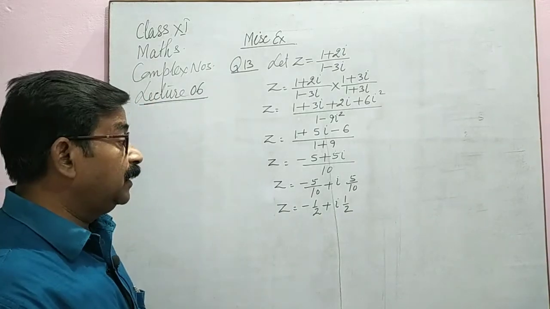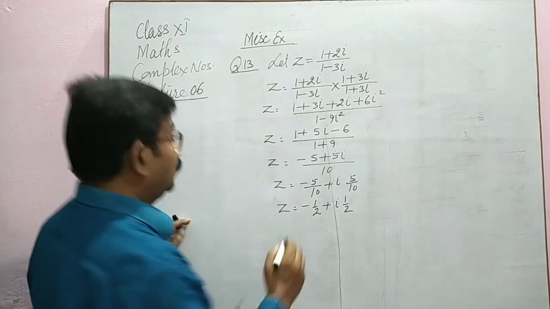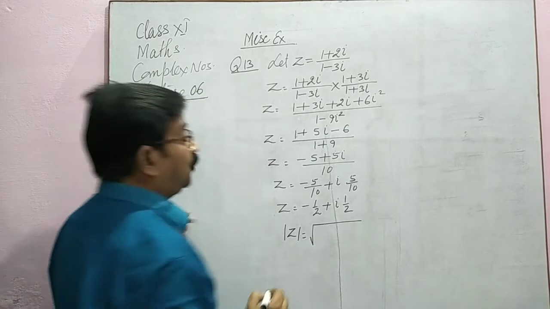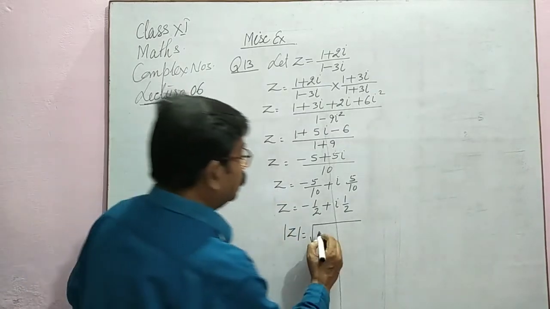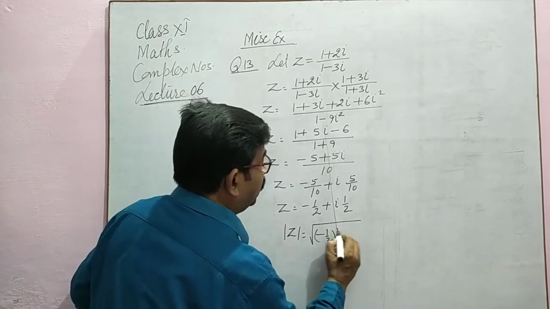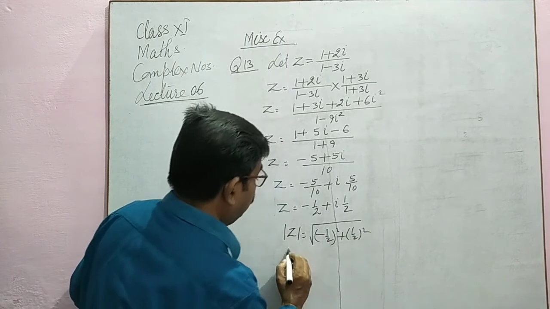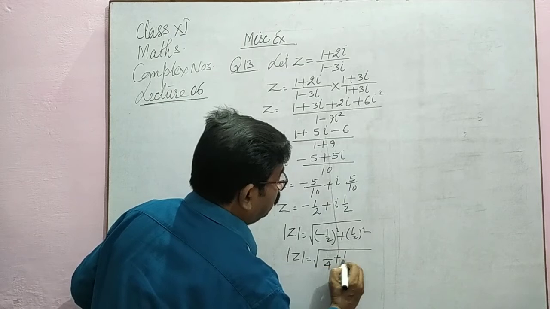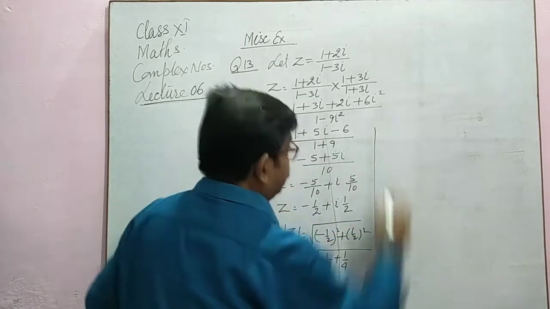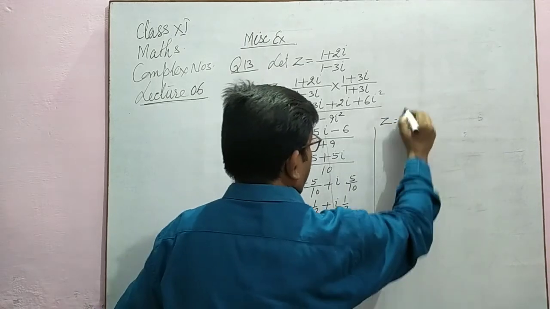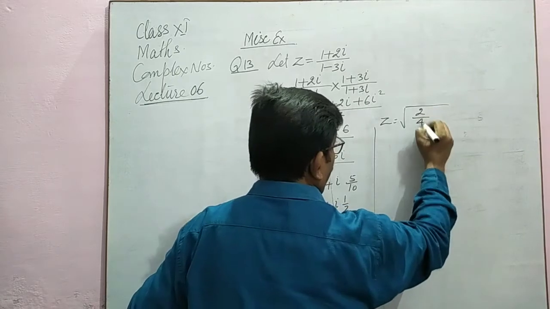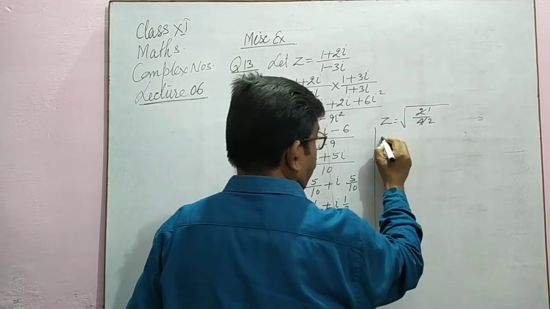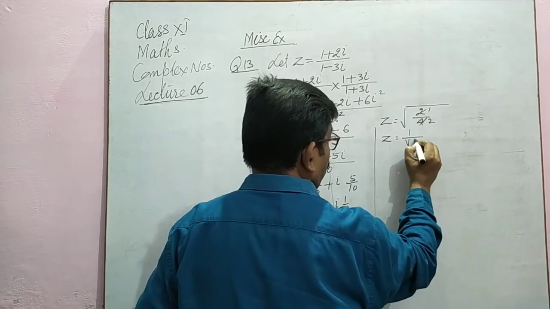Now we are going to find its modulus. So mod of z is equal to under root of the square of the real part plus the square of the imaginary part. So minus 1 upon 2 square plus 1 upon 2 square. We have mod z is equal to under root of 1 upon 4 plus 1 upon 4. Let's see, mod z is equal to under root 2 upon 4. Now 2 ones are 2, 2 twos are 4, its square root, mod z is equal to 1 upon root 2.